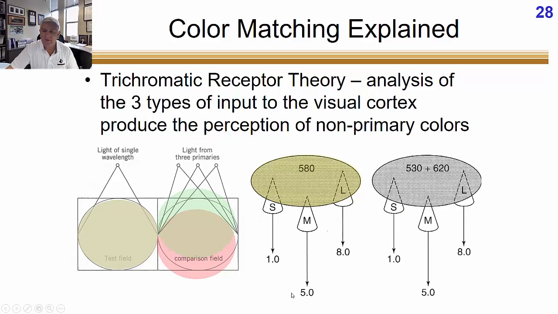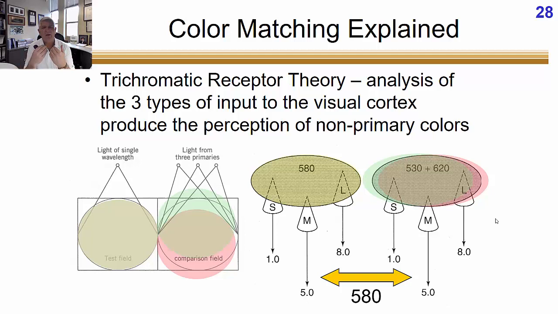Now, if I take two wavelengths of light, green, which green would produce this 5 signal, but not the 8 or the 1, and red, which is going to produce the 8, we now have the same exact pattern with 530 and 620 wavelengths of light. We have the same pattern of output from the cones.